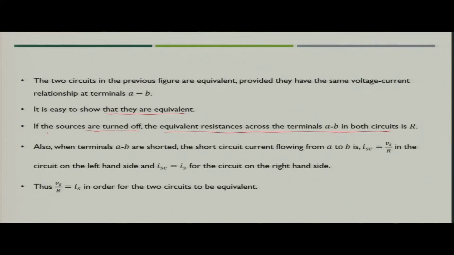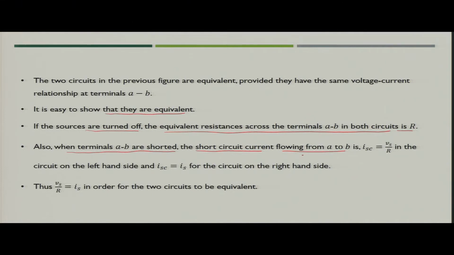So, what will happen when we analyze both of the circuits? We will see that the equivalent resistance across the terminals A B will remain the same, that is R, in both of the cases. Now, if we short circuit the terminals A and B, what would be the value of the short circuit current flowing